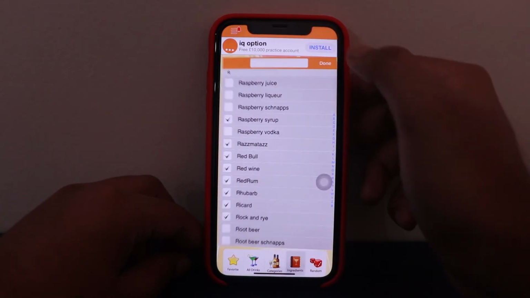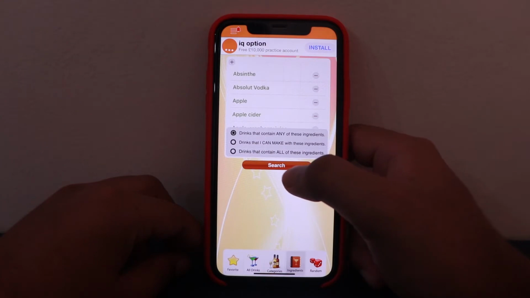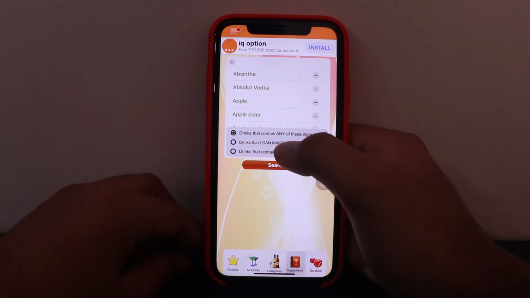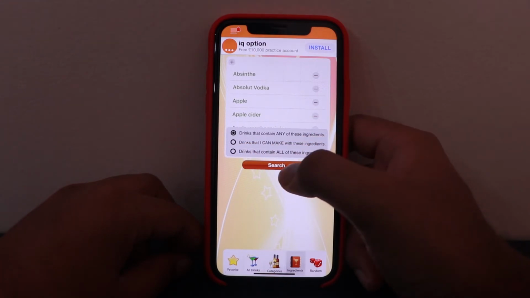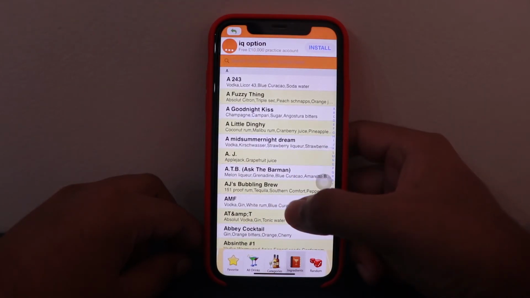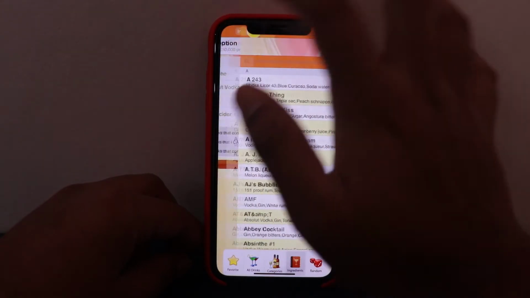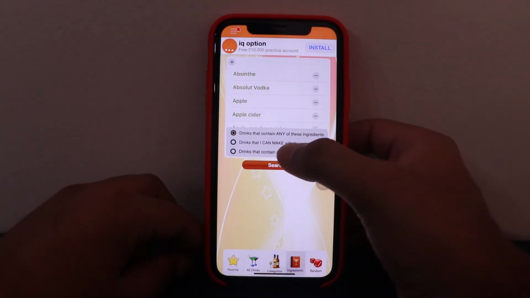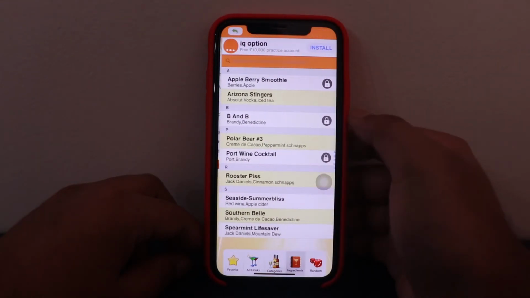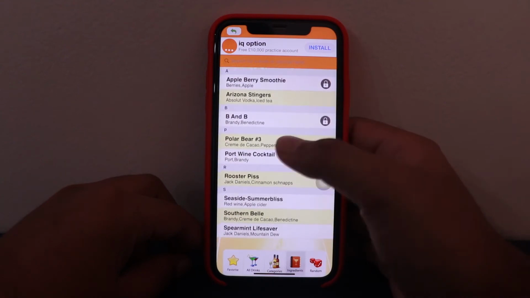Let's go for done, and there is an option, drinks that contain any of these ingredients. If I search, I'll get the list of drinks which contain any of these. If I go back, I have an option, drinks I can make with these ingredients. If I search, here are limited drinks.